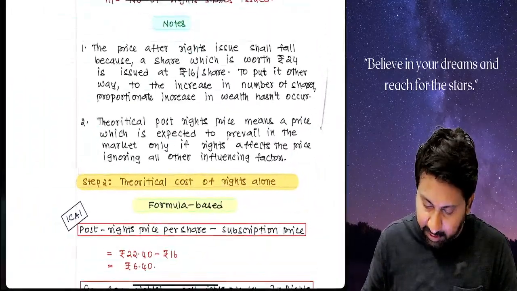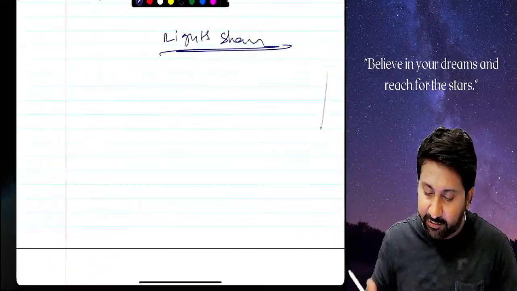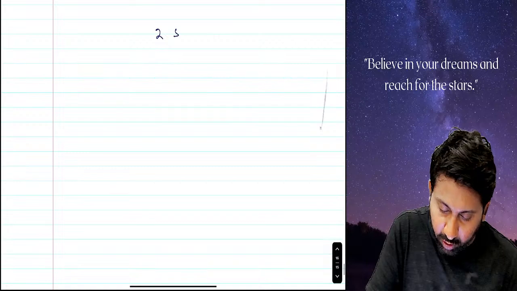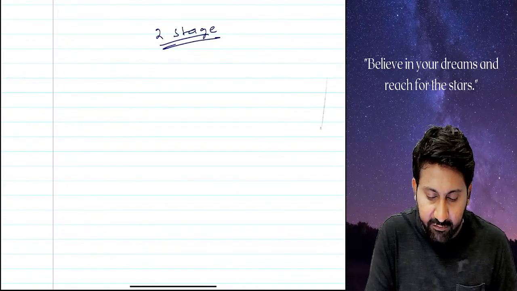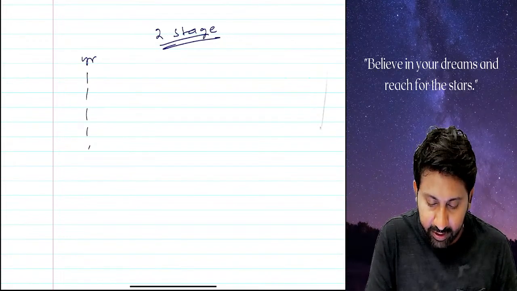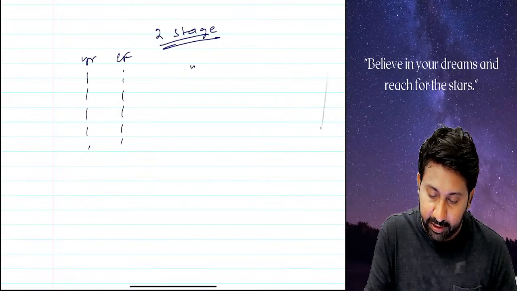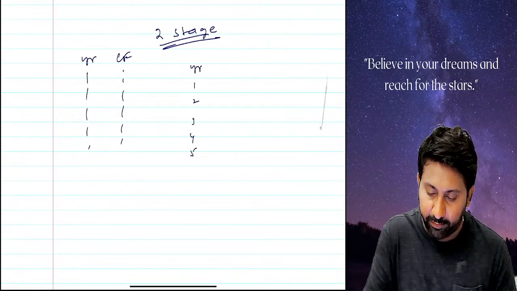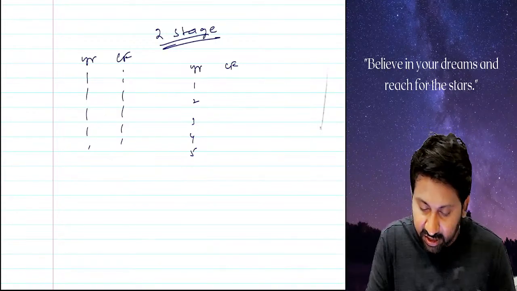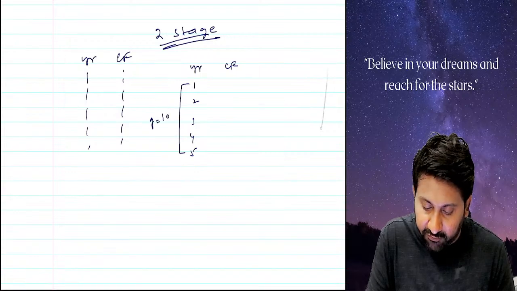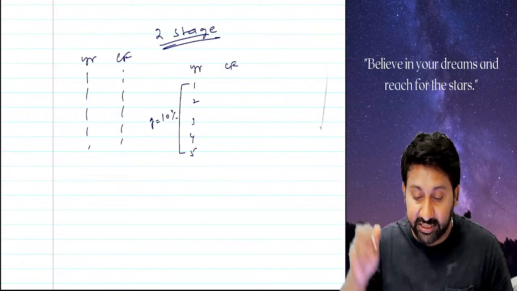In this chapter, the next very important area is the two-stage dividend model. Listen, I will tell you how to do the answer. Simple. They will give you some number of years, and the dividend cash flows of those years. See here, year 1, 2, 3, 4, 5. They will tell you that for the first 5 years there will be a growth of 10%.